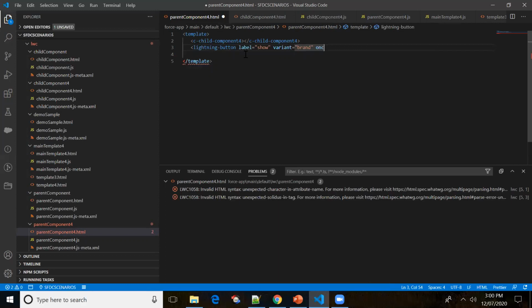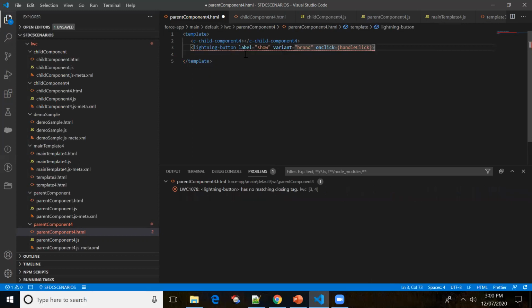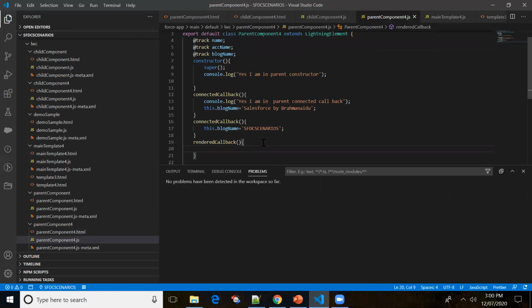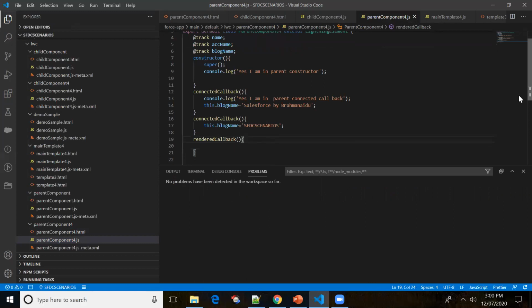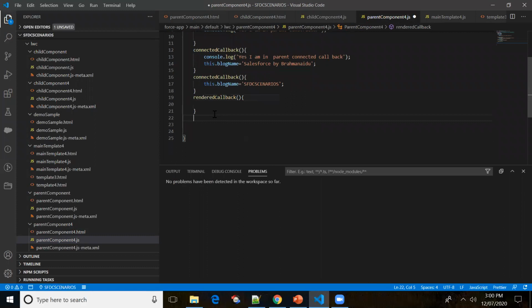So on clicking of this, we are going to update the value on click. Okay, so let me write this method in the parent component. Handle click.